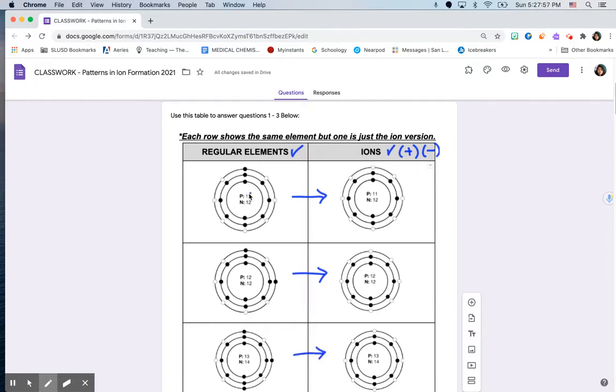So you don't need to worry too much about what's in here. I just want you to focus on the last 2 rings, right? So the last or outermost ring is what we call the valence electrons. So notice there are 2 colors. So black are my actual valence electrons, right? So they're the electrons in the outermost ring. The white circle is just empty space, so there's nothing there. So you might notice in this first one, for the regular elements, there is 1 valence electron,